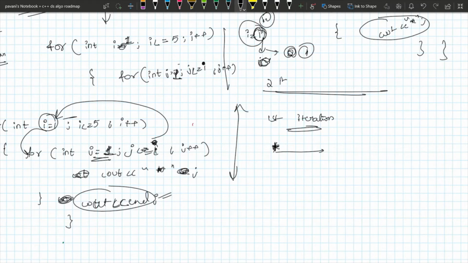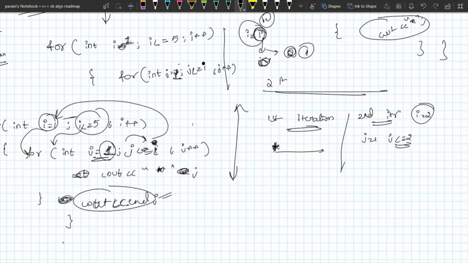Then next, i value gets incremented, i value became 2, second iteration. I value is 2, 2 is less than or equal to 5, the condition is satisfied and it enters the inner loop for j equal to 1, j less than or equal to 2. Means there are 2 possible iterations. I think you got this. For the j value 1, it enters the loop and prints this. Already we have here the output as this, and next, in the next line, it prints 1, it prints 2, because see,